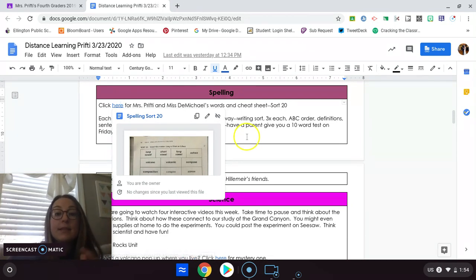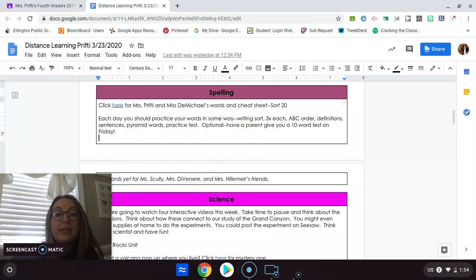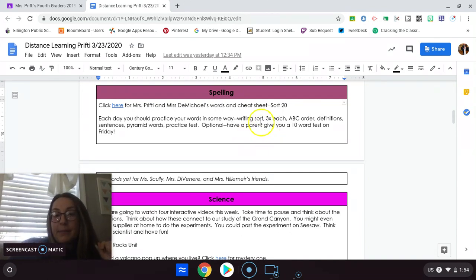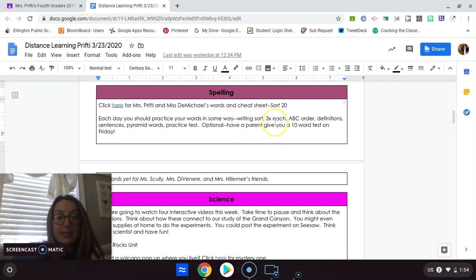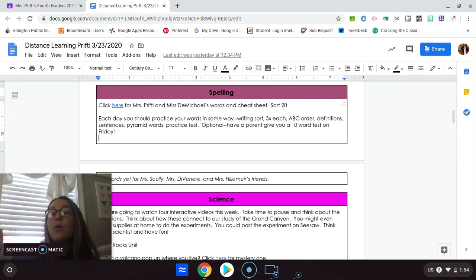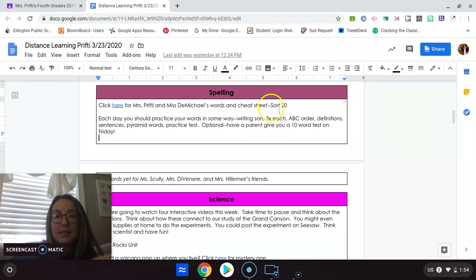This stays the same, but every day you need to pick a different activity to do in a Google Doc and then share the Google Doc with either me or Mr. Michael. So if you usually go to Mr. Michael, she gives you your spelling test, that's who you're sharing it with. If it's me, you're sharing it with me. Some examples of what you can do are listed here. So if you do writing the sort on Monday, you can do sentences on Tuesday, write it 3 times each on Wednesday. Whatever you want to do, there's different activities here.